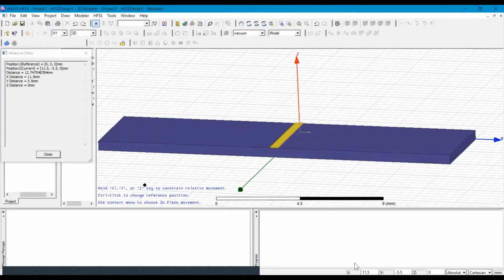The initial coordinate of the box will be 0, minus 10, minus 1.4, and now we will give the dimension, that is 5, 20 and again 5.